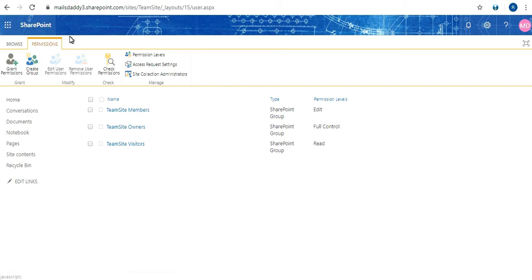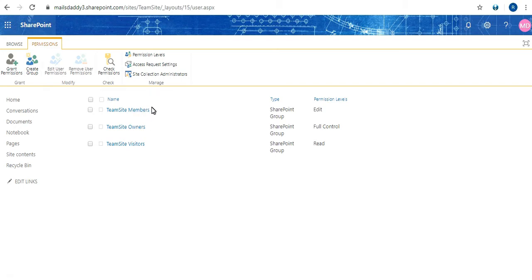Now you can see that when we created the team site, three groups were already created with it. In these three groups, we can assign members, and based on the permissions of these groups, they will be able to edit or read, or will have full control on this website.